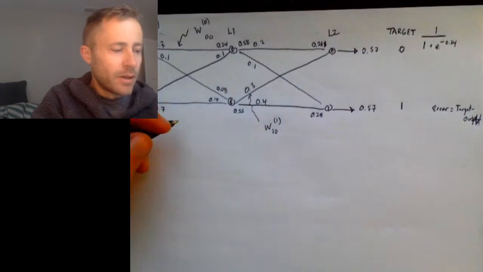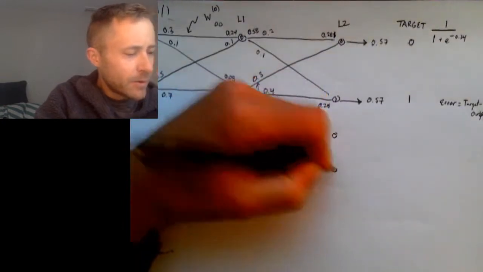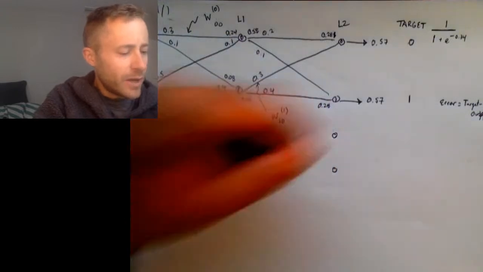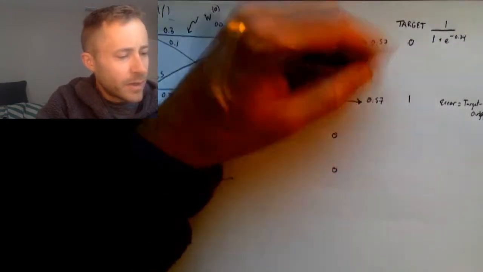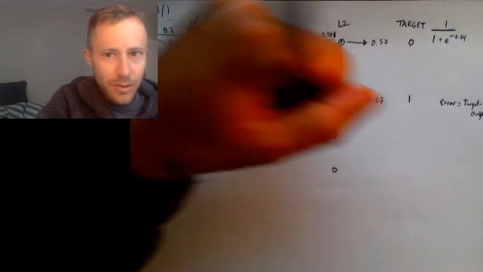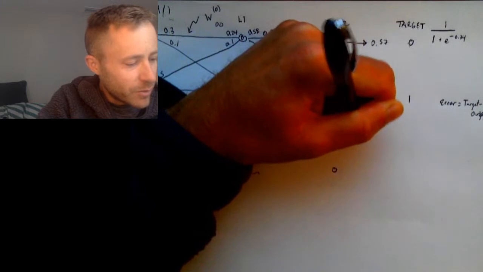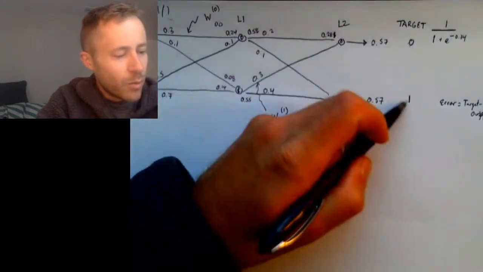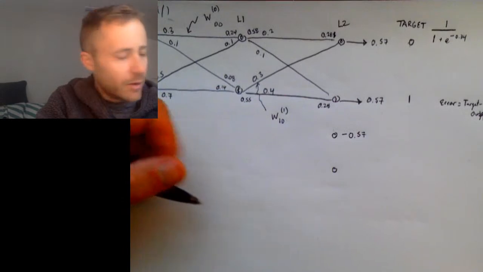So what we have here is an error of, if I subtract these two, 0 minus 0.57, that's an error of minus 0.57, and then 1 minus 0.57 is an error of